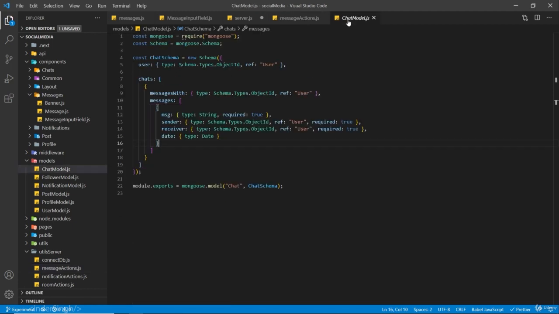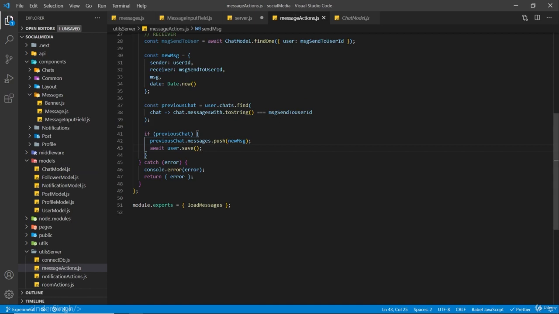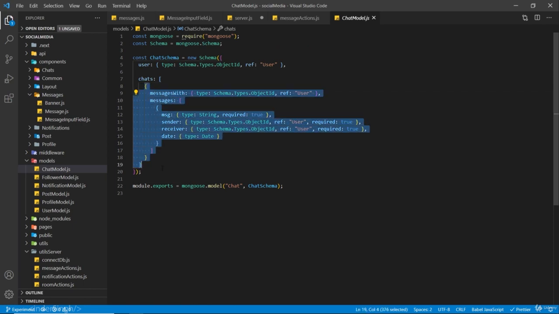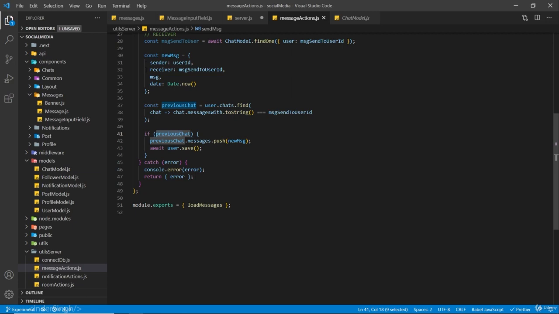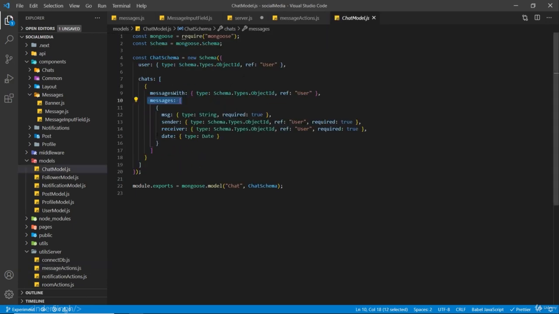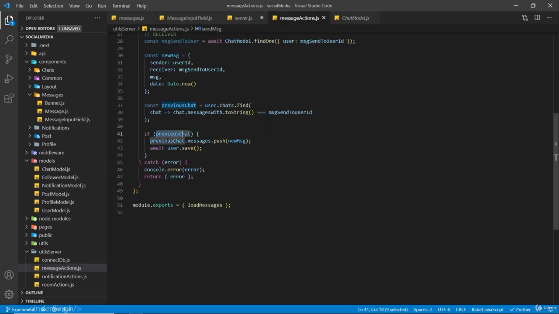So previous chat, if we go to the chat model, we are looking inside this chats array for an object whose messages with is equal to the ID of this message sent to user ID. If previous chat, that means it will give us this object right here. It has a messages array. We are pushing that new message object inside this messages array. So previous chat.messages.push, we have created this new message here, and then we are saving the